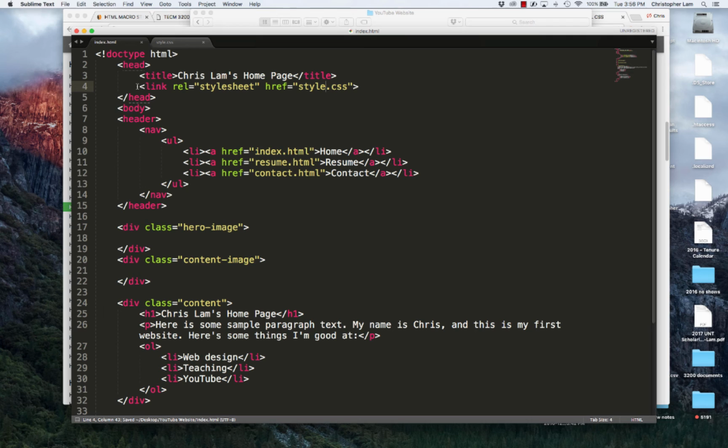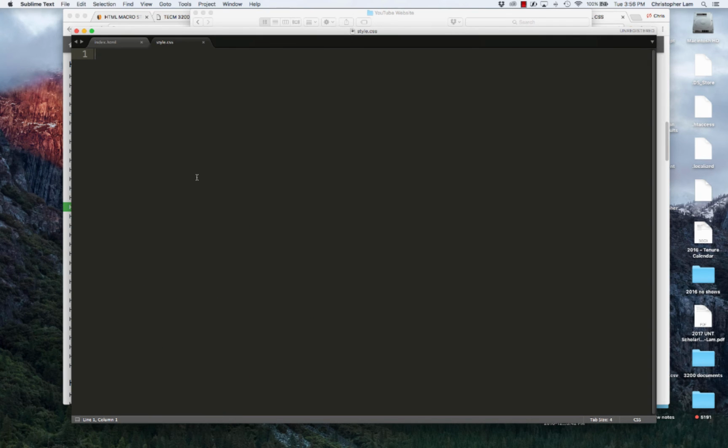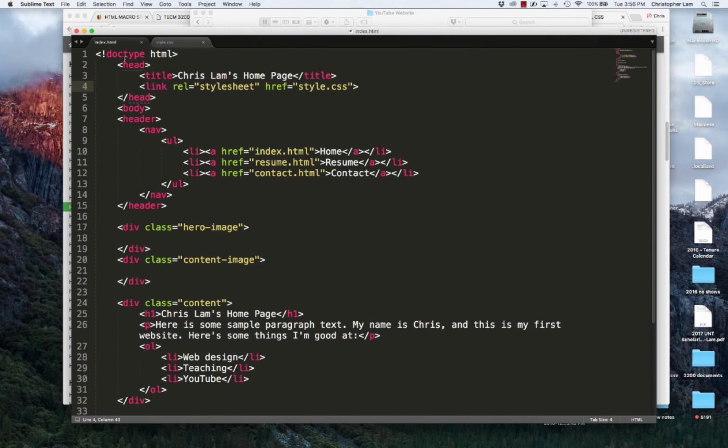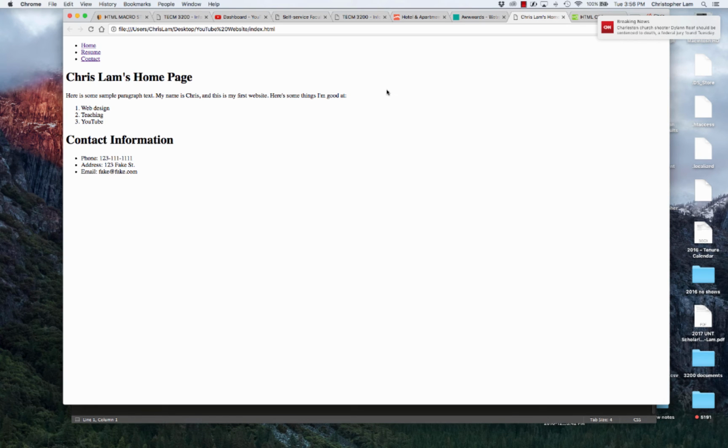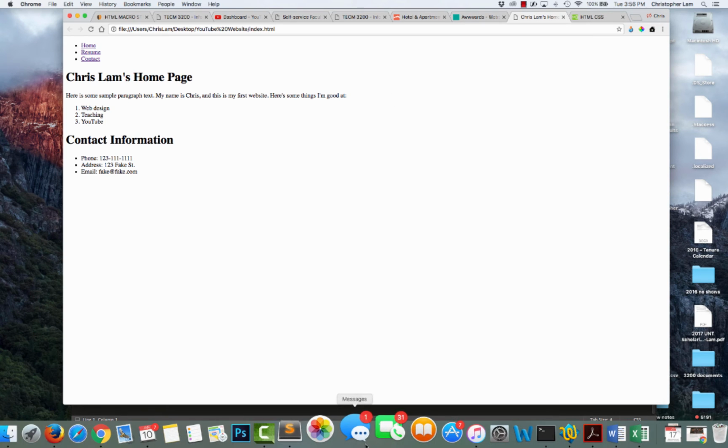But this is what connects this CSS file, which has nothing in it, with our HTML file. Okay, so we've connected the two. And so now what we can do is make design changes to any of these HTML elements on the page. And so CSS, and you can read more about CSS, but CSS is a pretty simple language,